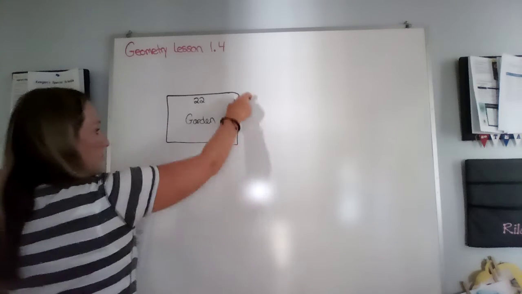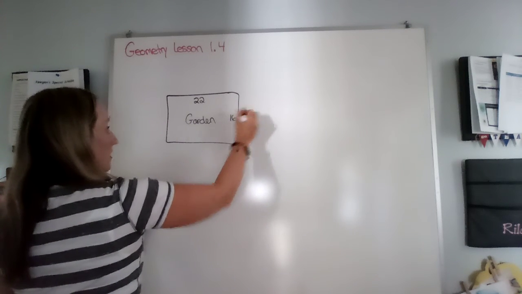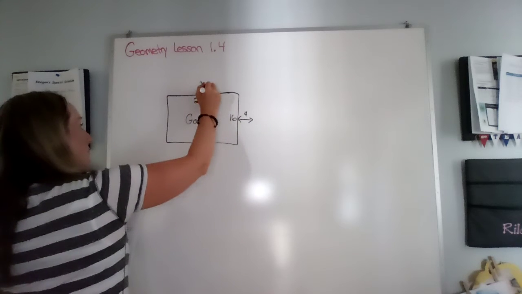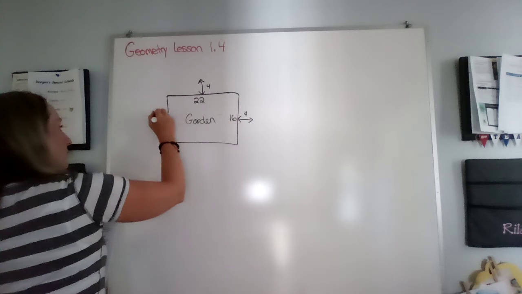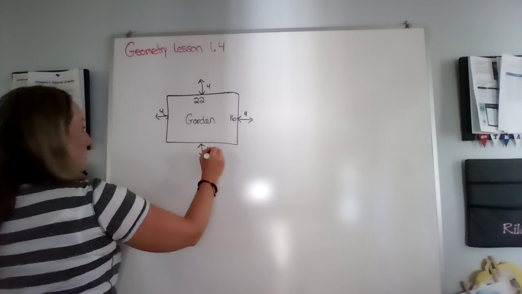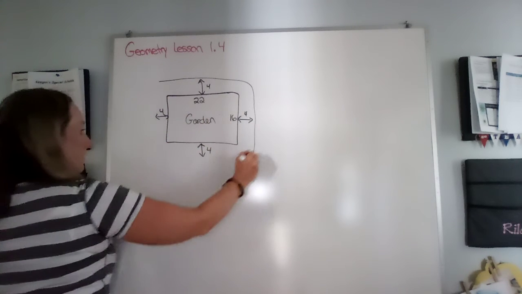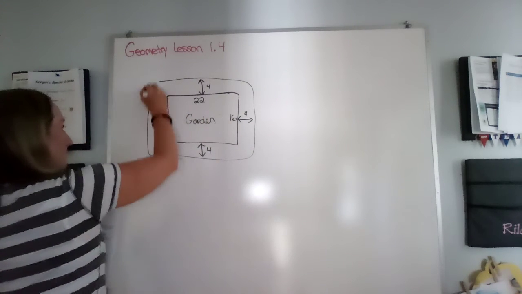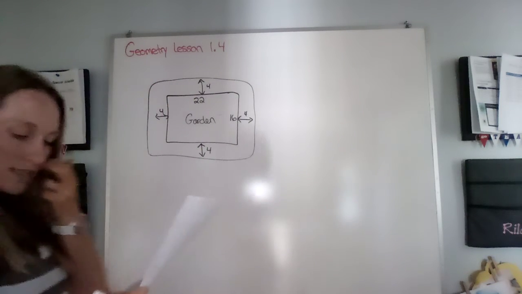So when I'm over here walking along the path, I know it's 4 feet wide. Over here, my path is 4 feet wide that I'm going to walk. Over here, it has to be 4 feet wide. And down here, it has to be 4 feet wide. So let's kind of draw this path. Right, so that's a path around the garden. Okay, so it says,